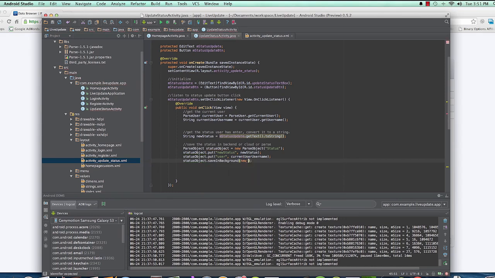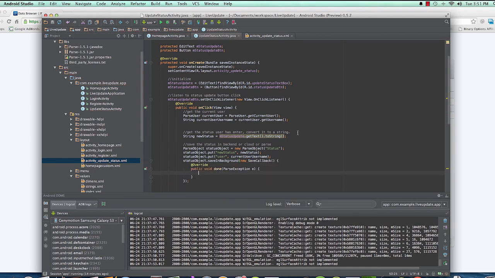This is all in Parse, so we don't need a callback here. We just need to alert the user that it's successfully posted. We might add a callback as well, so that we could give people a message that they've posted successfully and maybe take them back to the home page. Yeah, let's do that actually. So saveInBackground, and then we're saying new